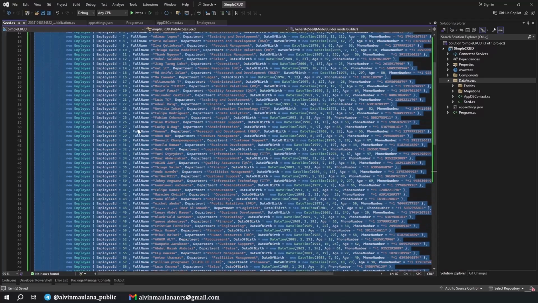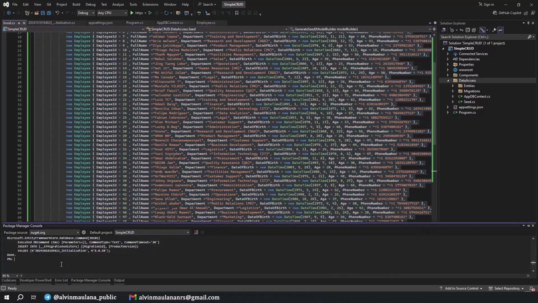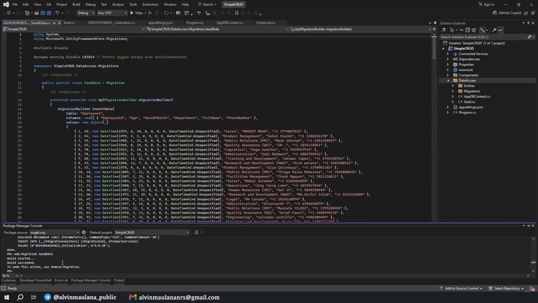And we need to have another migration whenever we are creating seed data. So add migration, this one SeedData, and we no need to indicate the folder again because it's already automatic. Only the first time we need to do that. So I just enter. Nice.